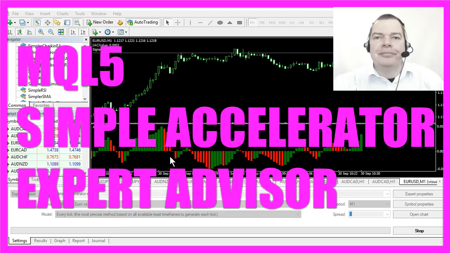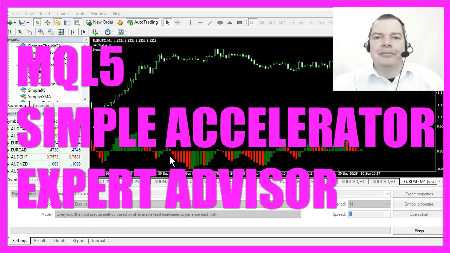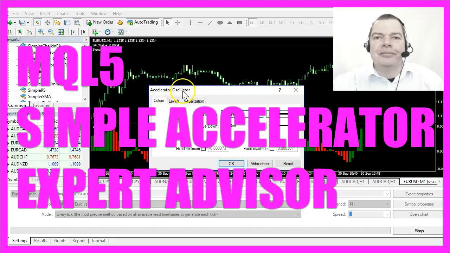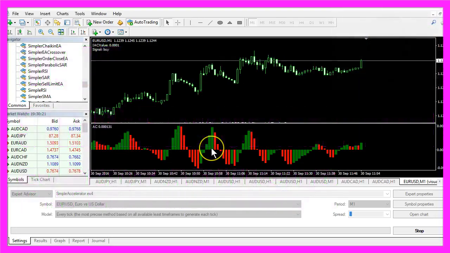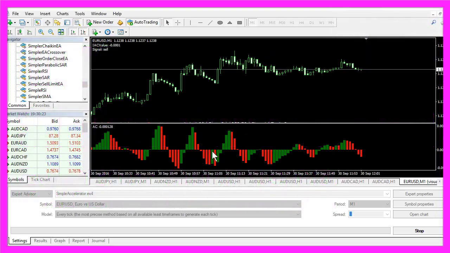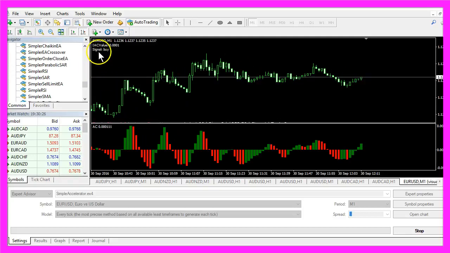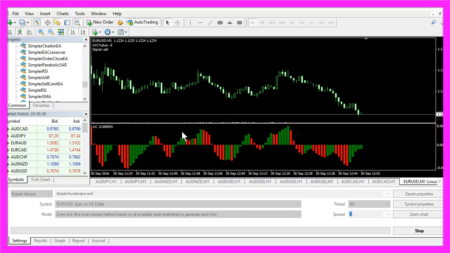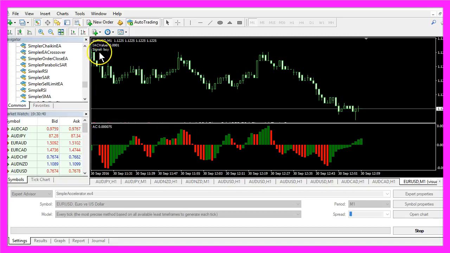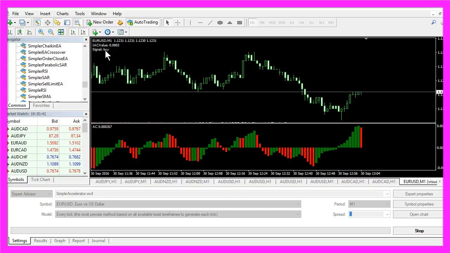In this video we are going to talk about the Accelerator Indicator. It's an oscillator and it produces green and red bars. Whenever the zero line here is crossed by the bars, we create a buy or a sell signal. Now how can we create an expert advisor that is able to output buy or sell signals directly on our